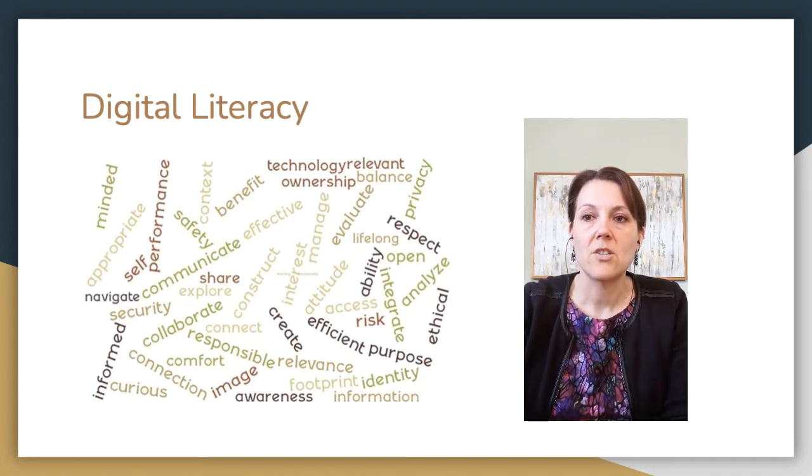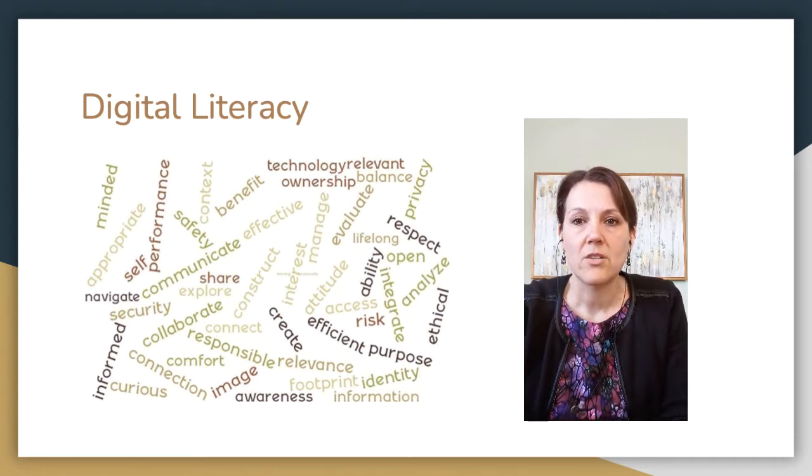There is a distinction between consumption and production of technology. Consumption is passively observing content on the internet or other digital tool. Production refers to accessing, adapting, remixing, or repurposing content. It is in this space where we engage and interact with content, where it is both interesting and important that literacies are developed and progressed.